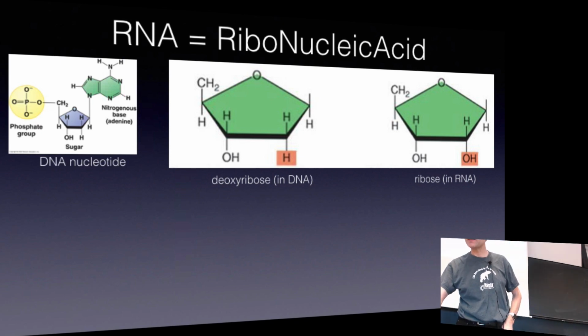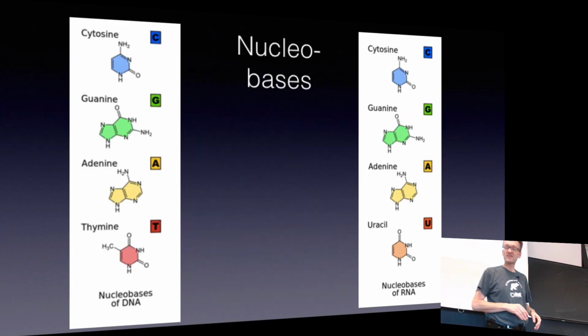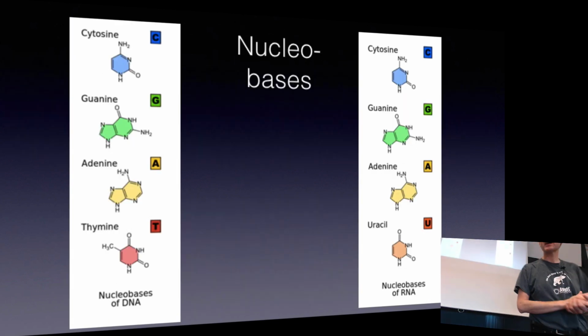I'm not going to go into details exactly about how these reactions work. The bases we have in DNA are A, G, C, and T. In RNA, they're A, G, C and uracil instead of thymine. There is a molecular reason for that. I'll cover it in 30 seconds. It has to do with the fact that cytosine can actually chemically be degraded to uracil. Cytosine exists in both. It takes a while.